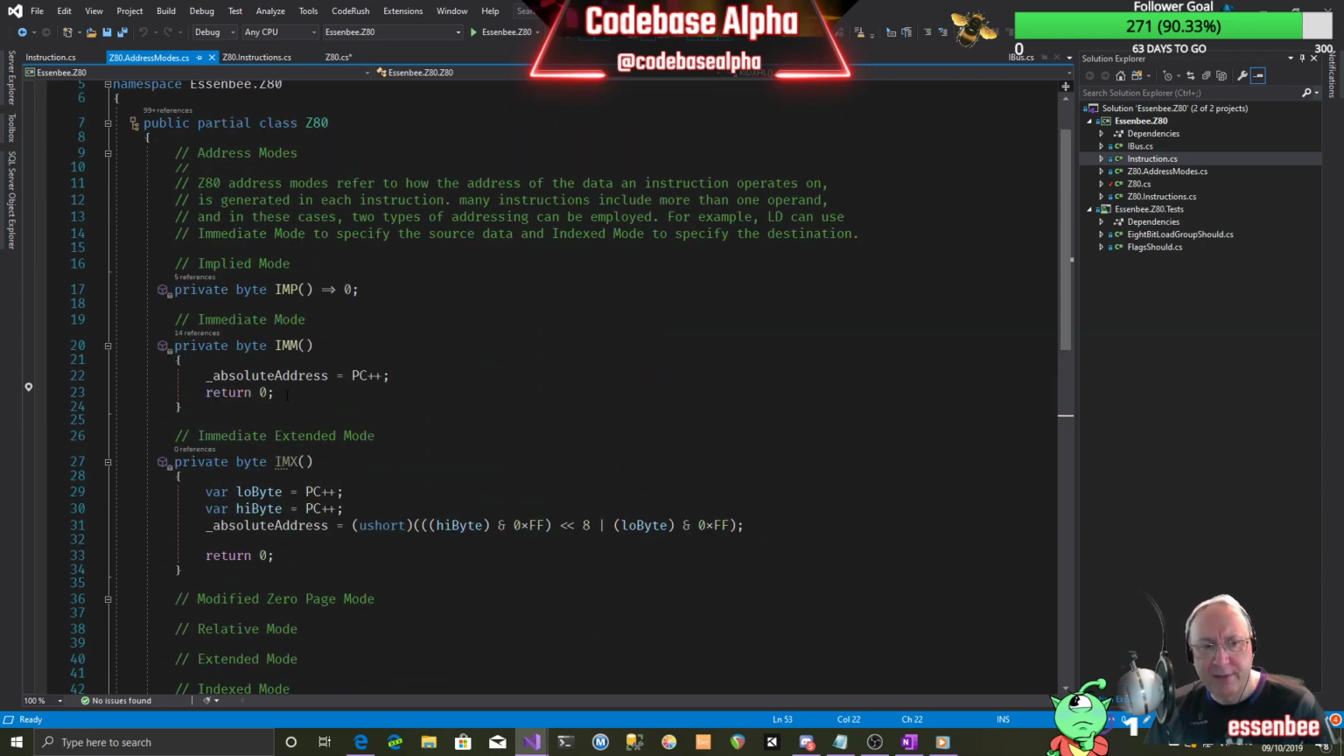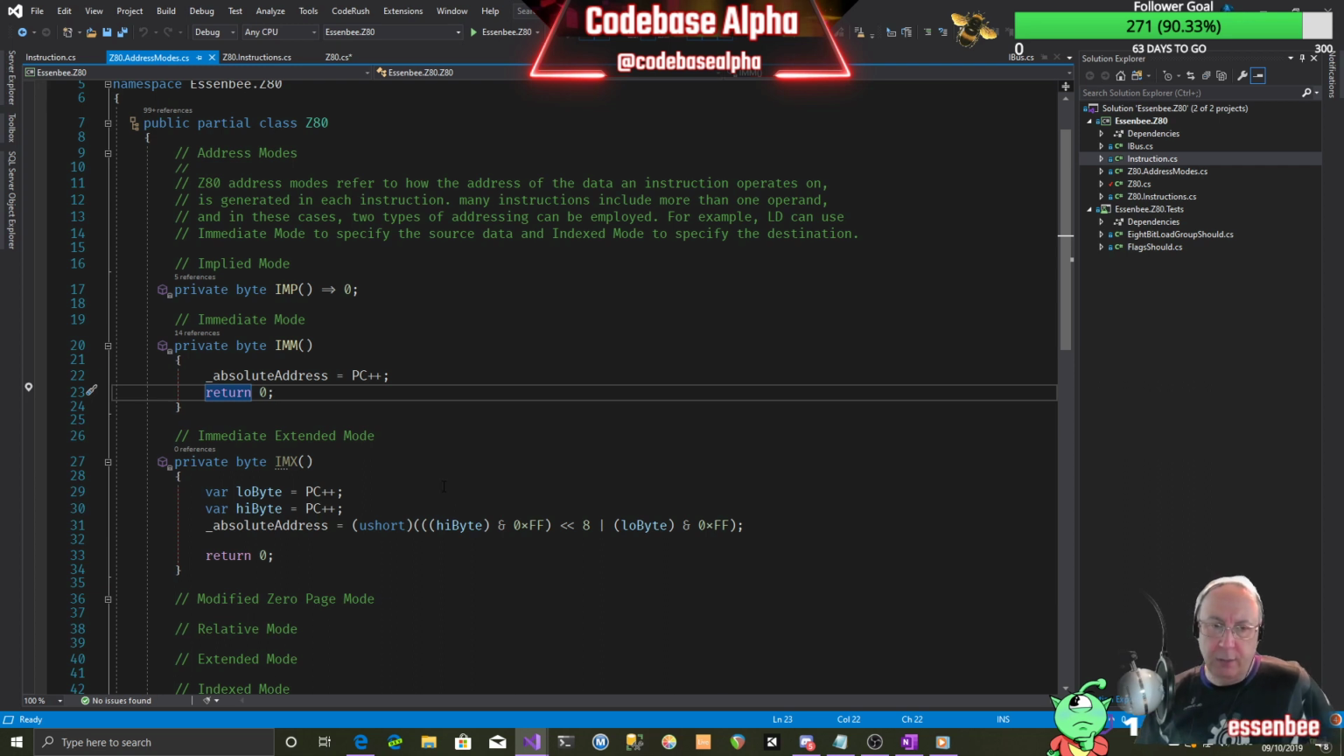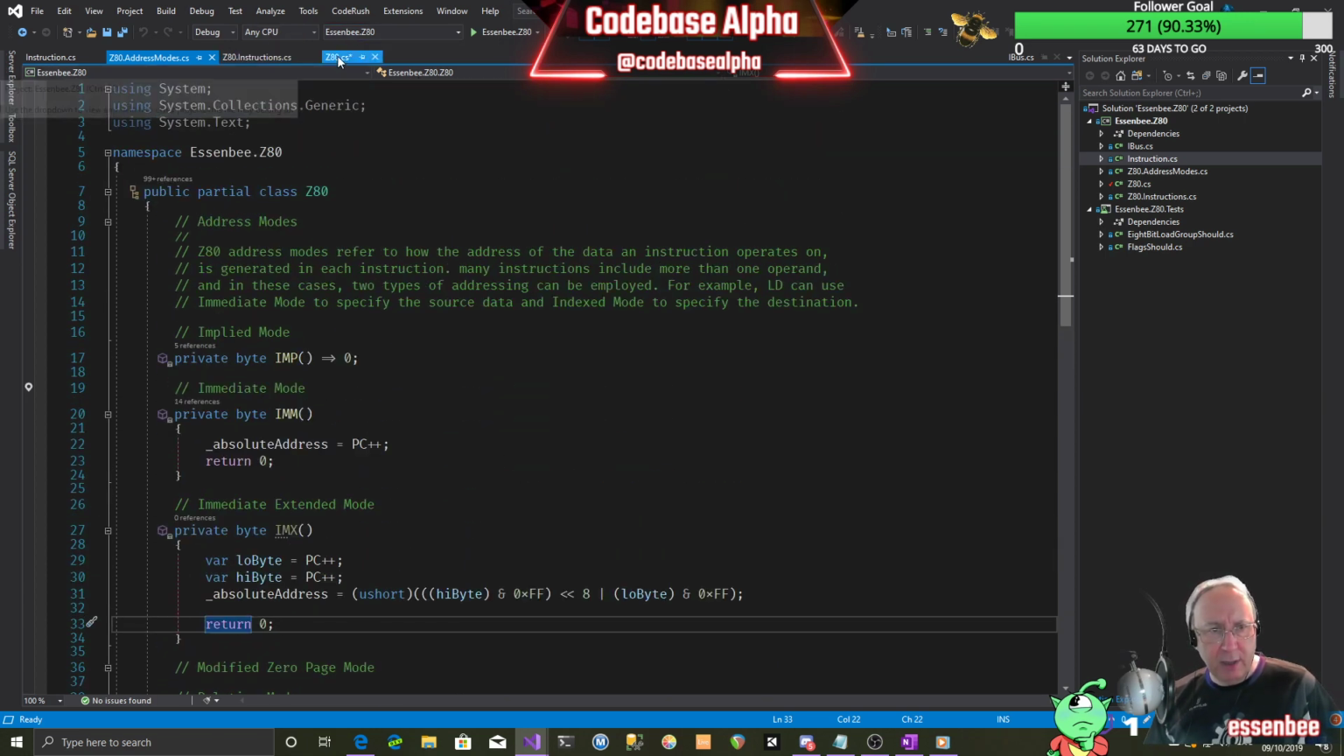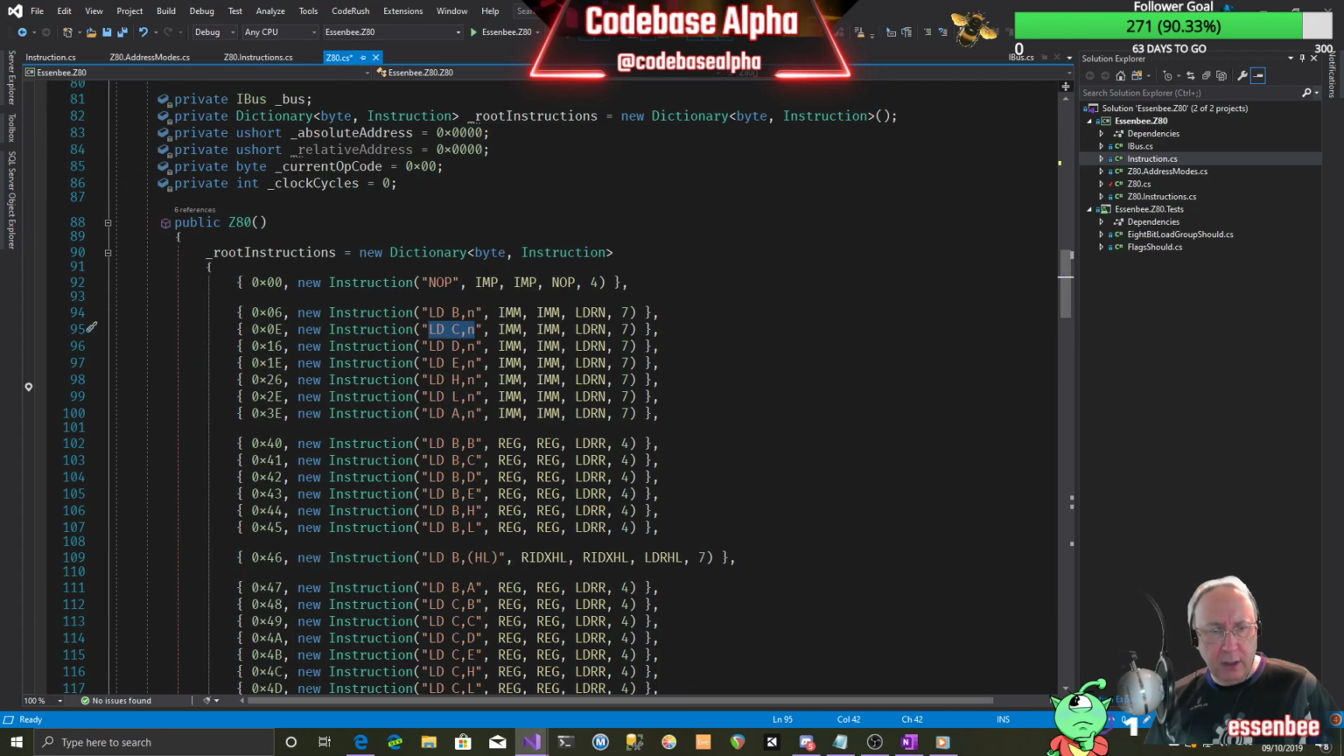So returning the value currently has no effect, but I've got some thoughts about why we should return values from our functions. Don't concern yourselves that it's returning a byte, but it's always returning 0. That may go away in the fullness of time, but I've got some thoughts about why that might be useful. So those are our addressing modes, and if we go back to our Z80 class,